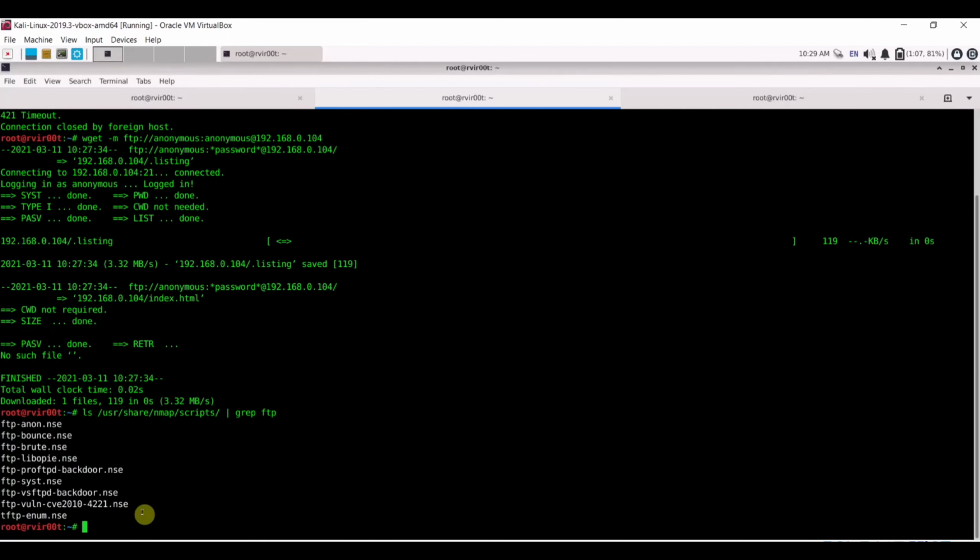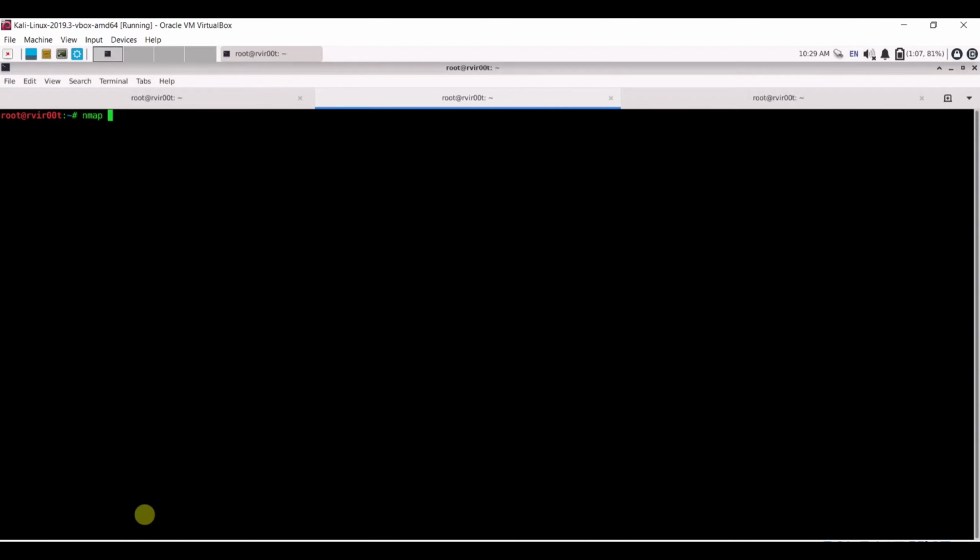So you can see these scripts related to all ftp, and you can run this script to identify more information on that target. So what I can do, I can just run nmap. Sorry, first of all I have to clear this. Here you can run nmap hyphen small s capital C. This basically runs the default scripts on the port. Or if you just want to run a single script or multiple scripts together, then you can write hyphen script. But I can use simply hyphen small s capital C hyphen sv